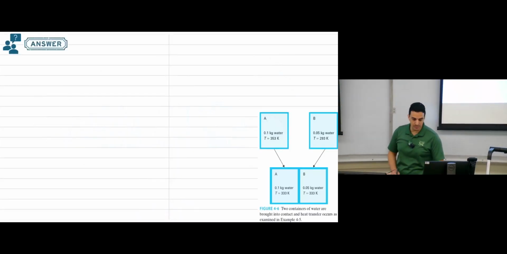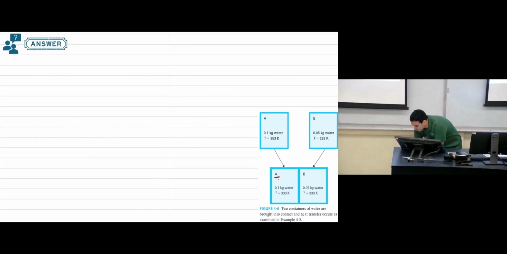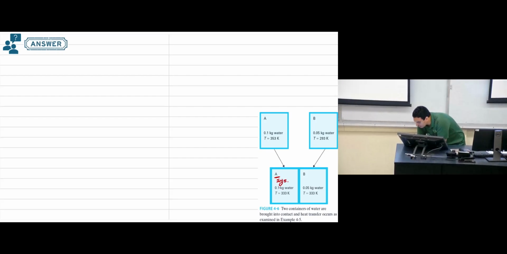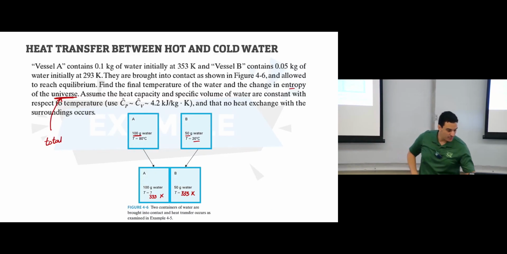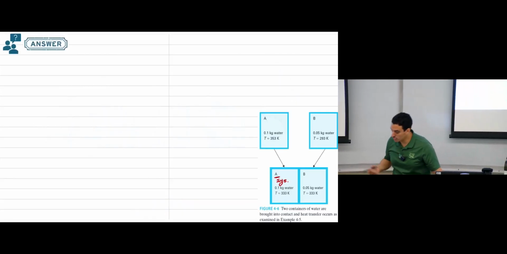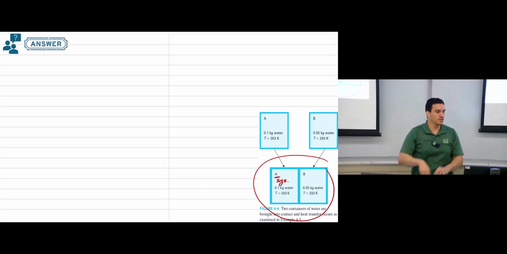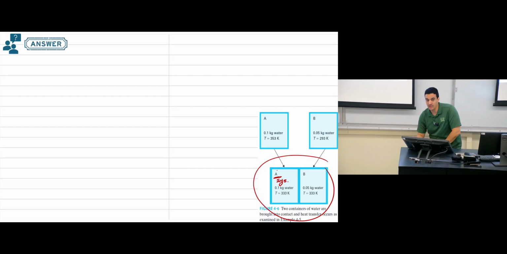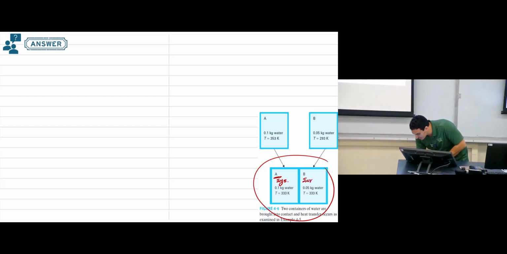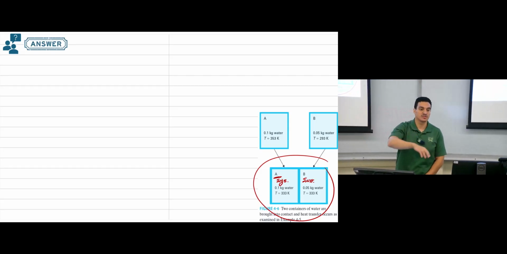So we have this example here. Then we need to see what is happening. Here we have two vessels. So vessel A can be the system. This vessel is affected by B. He said in the example, there is no heat exchange with the surrounding. So the surrounding is not affecting the whole process. Only these two vessels are affecting each other. Okay. So if you assume vessel A is the system, then vessel B will be the surrounding. If you assume B is the system, then A will be the surrounding.